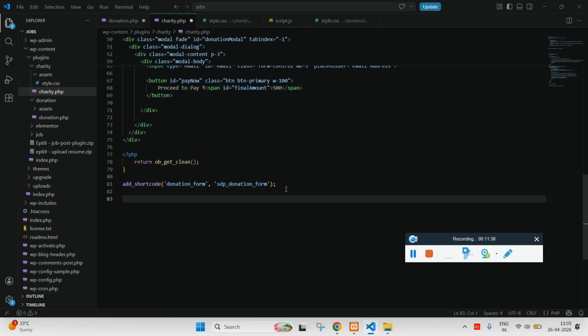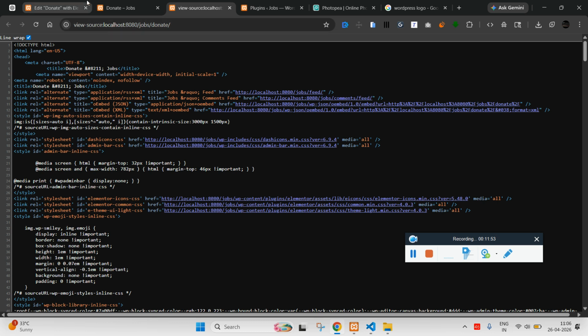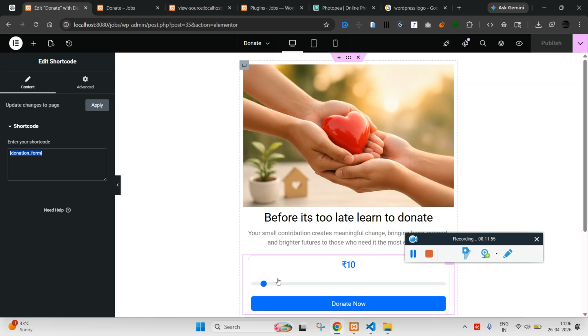We can use it wherever with the help of a WordPress widget, or a shortcode widget is also available. You can drag an HTML widget and place this shortcode. So this is actually your shortcode. You have to use it inside the square brackets, and that's it. And since I have already added this shortcode,